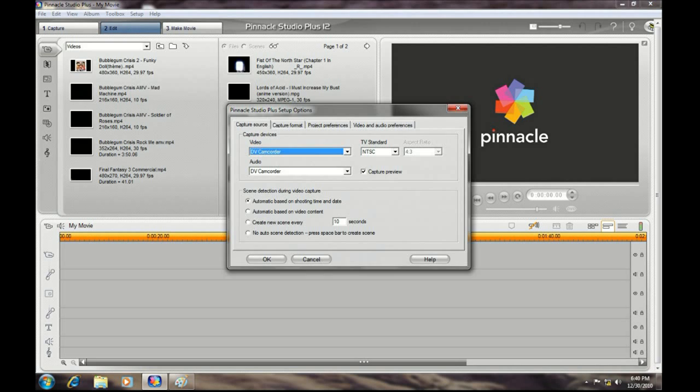So you could set your audio and your video to capture from different sources if you want to. However, if you're using like a Dazzle or something, I would collect them both from the same place. So, as for the standard,